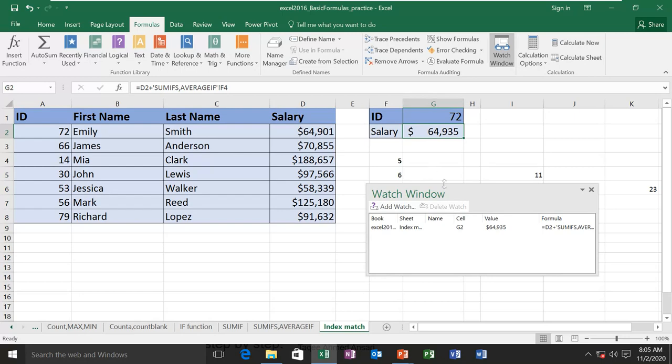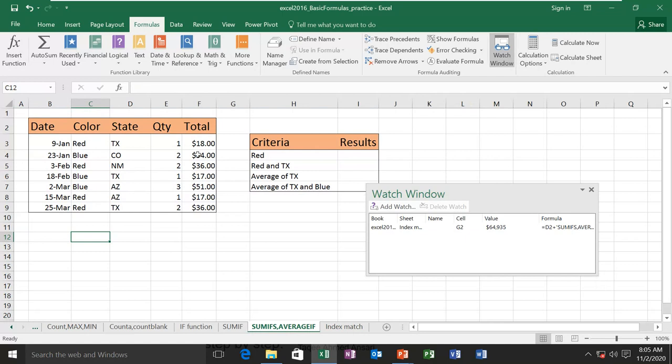So I get this value here, 64,935. Now you can see the value here. Now it is depending on the cell here. So if I change the value from here, it will also change. So while the window is open, I can change these things here and I can see the changes there.